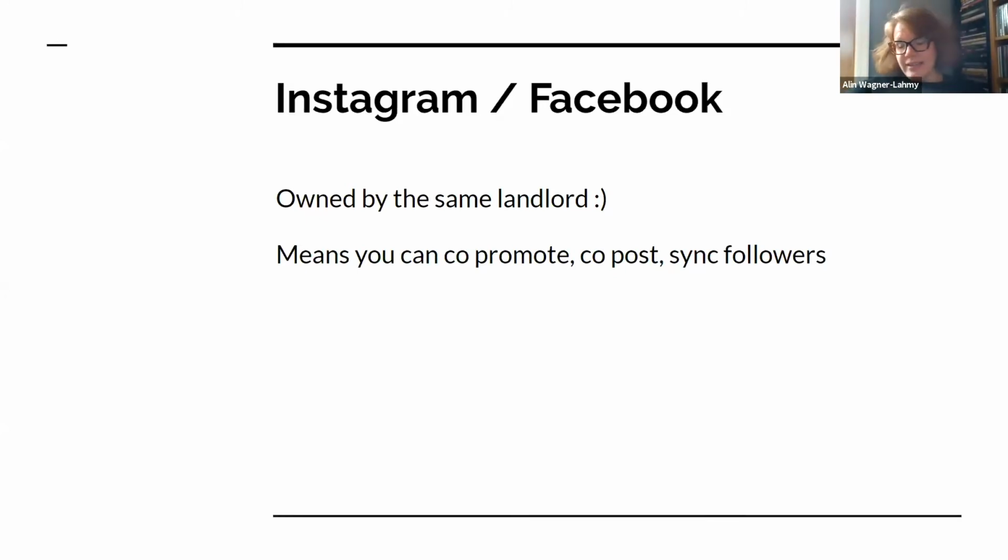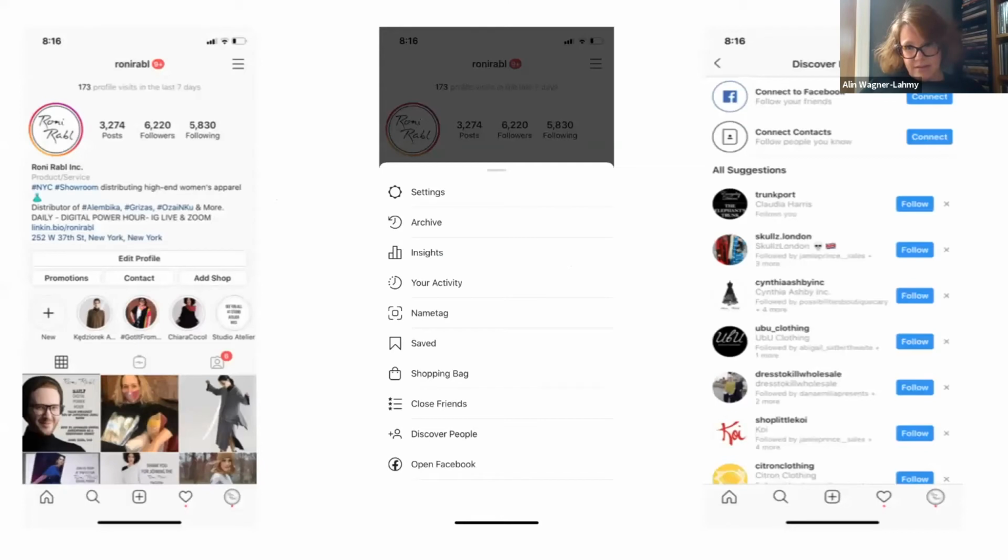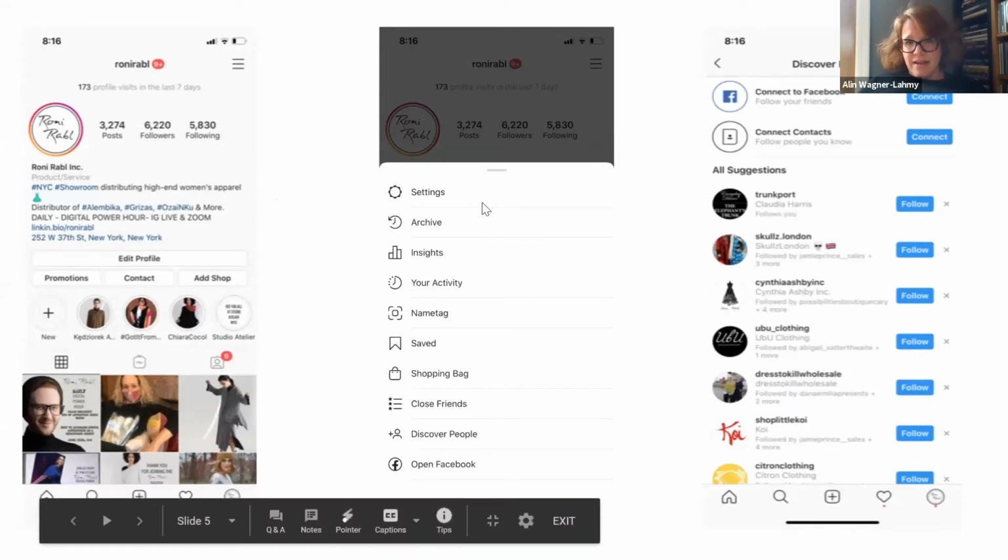And the reason why I'm saying it is because you don't need to worry that your audience feels like you're following them or something like that. That's very customary to do what we're doing. And the reason why I'm saying that is that you can co-promote, co-post, sync followers, and do a lot of things from Facebook to Instagram and the other way around. And the technical way to do it is on this screen here. You go to your account, you click on the hamburger here on the top right, which brings this menu. You click on Discover Friends,